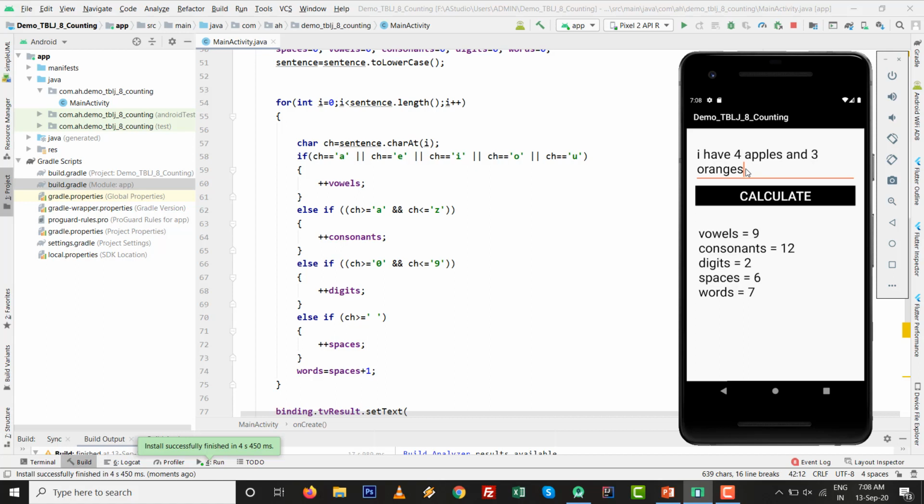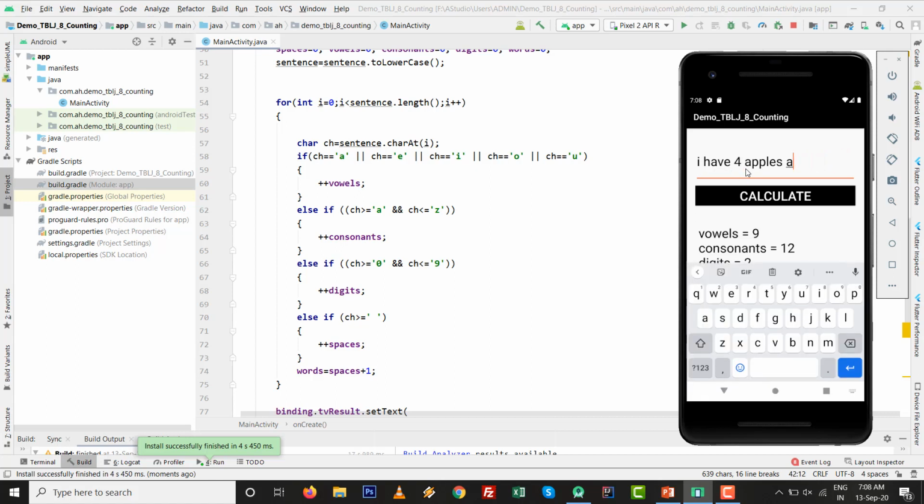If you want to test it, you can check it like this: I, then one space, HAVE and 3, then APPLES. It is for a small example. What should be the result? 1 2 3 4 5.